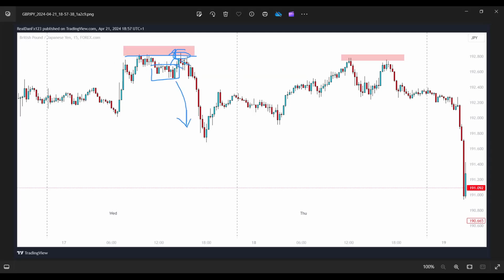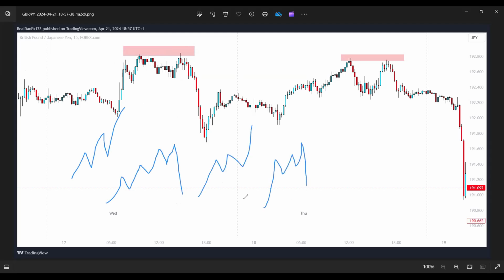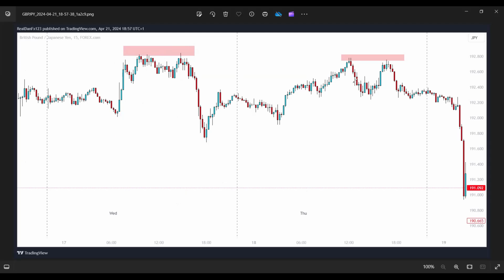Now, people are going to be taking buys in here, expecting this to continue up. So they expect something like this, right? But what's going to happen is this. They're expecting this, but this is going to happen. The same thing happened here. We have this low, we have this high, we have this low, we have this higher low, we have this higher high, we have this higher low, we have this higher high, we have this higher low. What do you expect? You expect a higher high. So a lot of people are going to be buying in here, expecting price to continue up. Price hits the high, fails to break the high, comes back down,